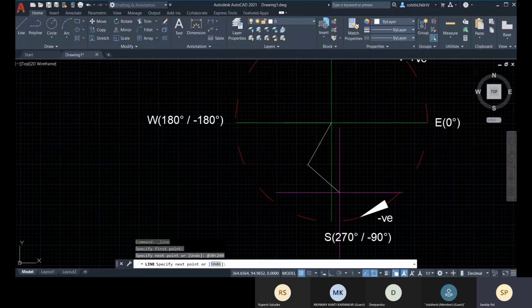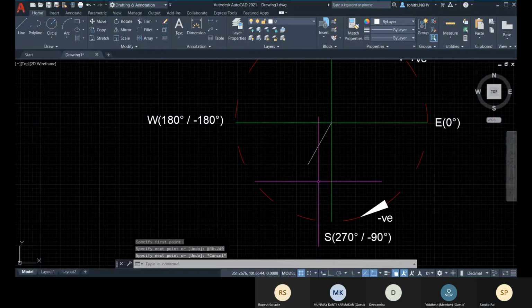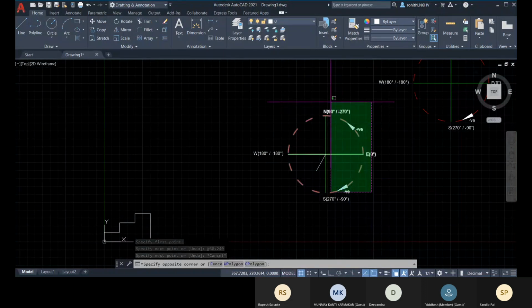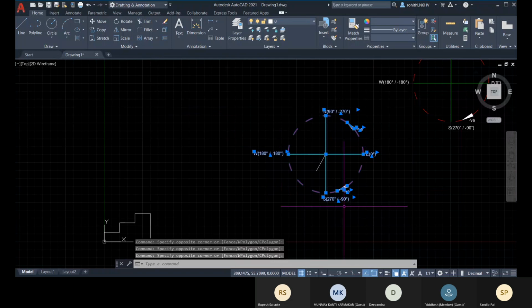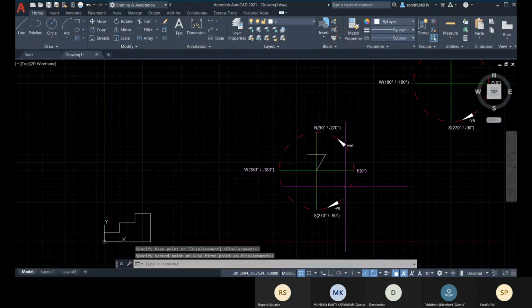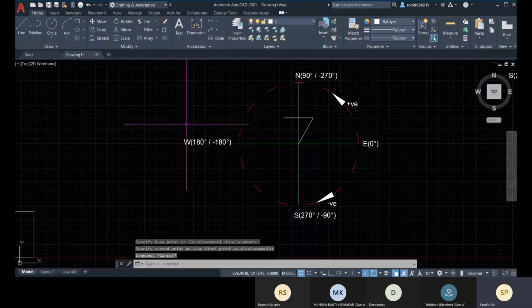So for that, let me draw it. Now what I'll do, I'll place it on here so that you can identify it. Okay.